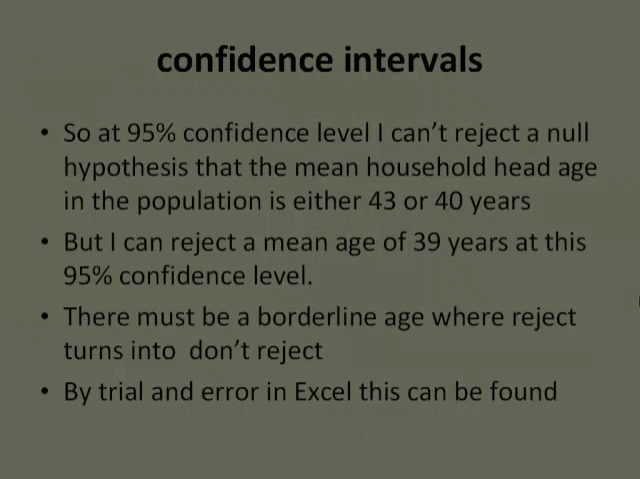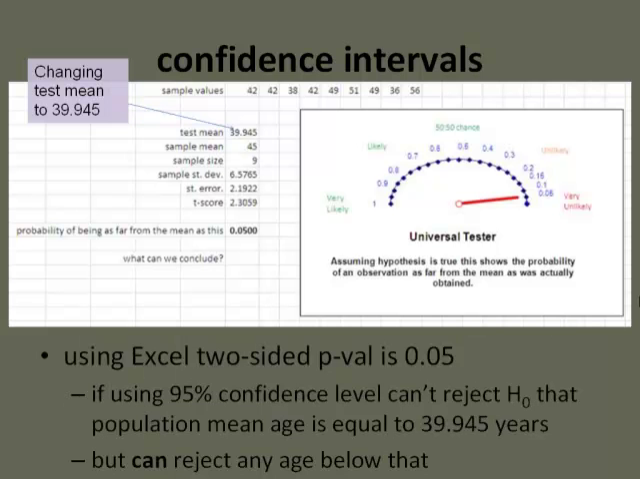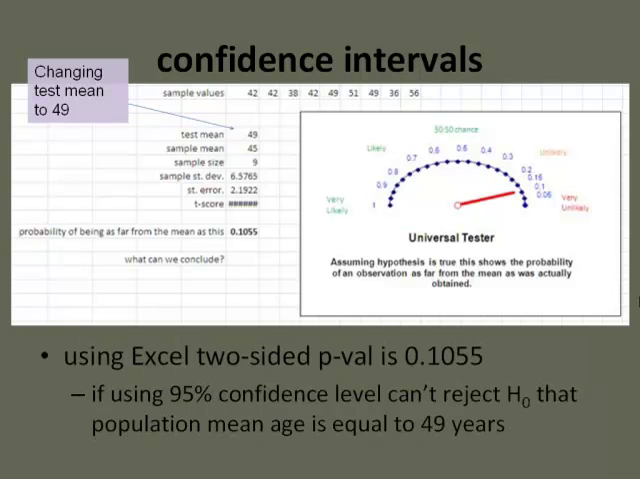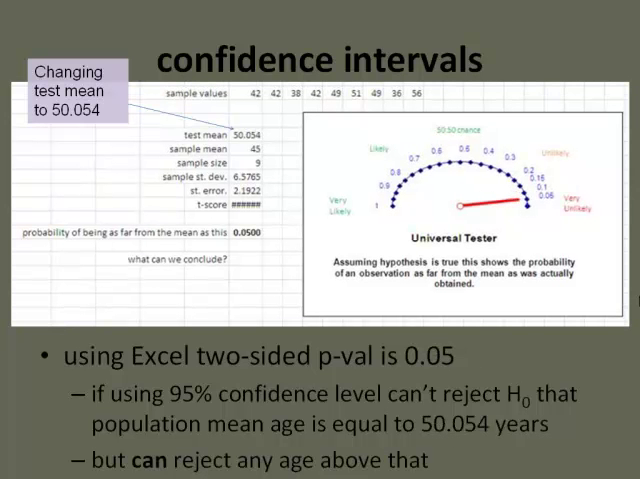And similarly at the other side, how far would it have to be? That's the exact value there, by trial and error. If you go to the top end, if the population mean was 49, 45 would be surprisingly low, but not quite surprising enough. If you went to there, it would be exactly 0.05. So if the true population mean is anywhere between 49 and a bit, 50.05454,